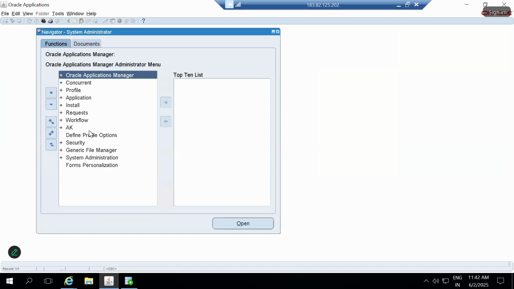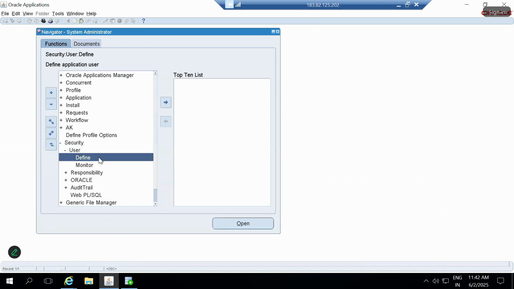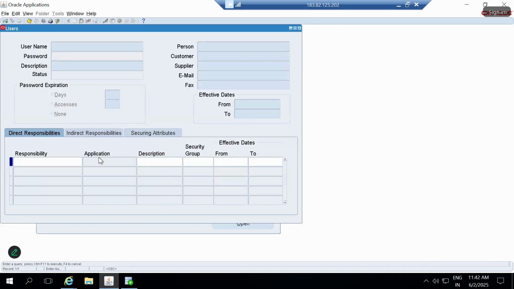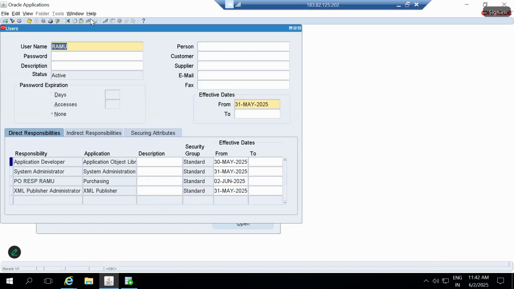I will go to security, user, define, then query your username, Control F11, then help record history to get the